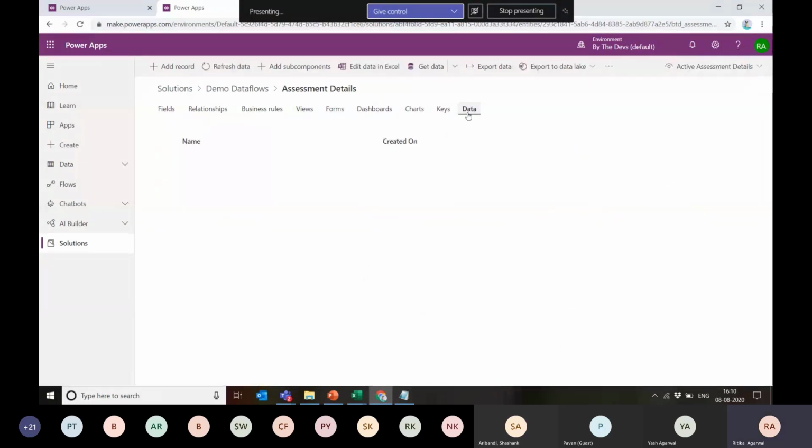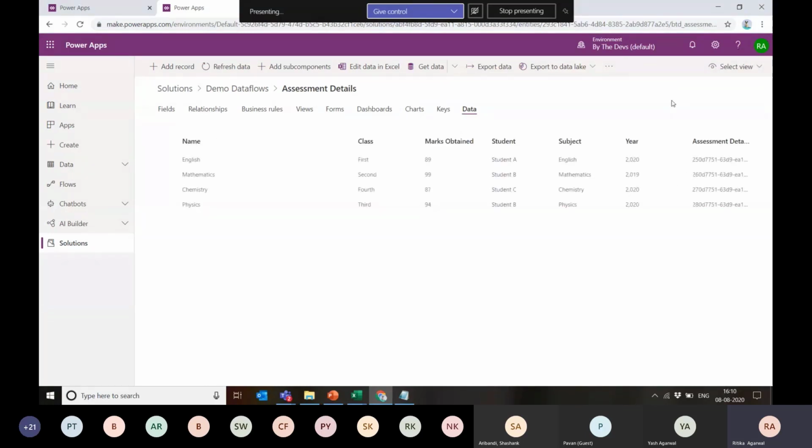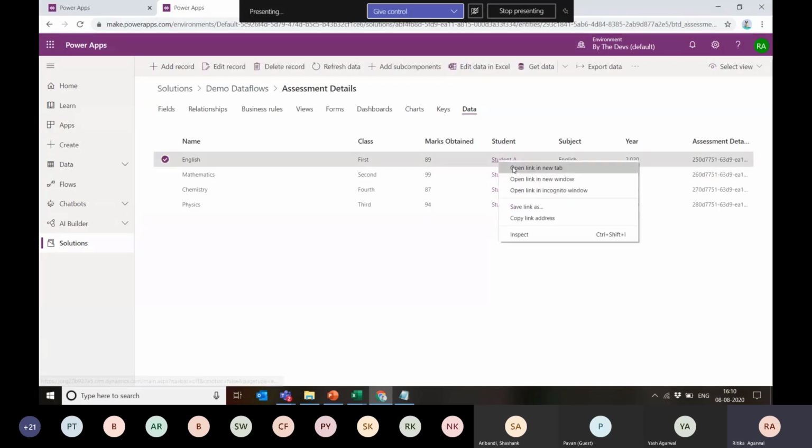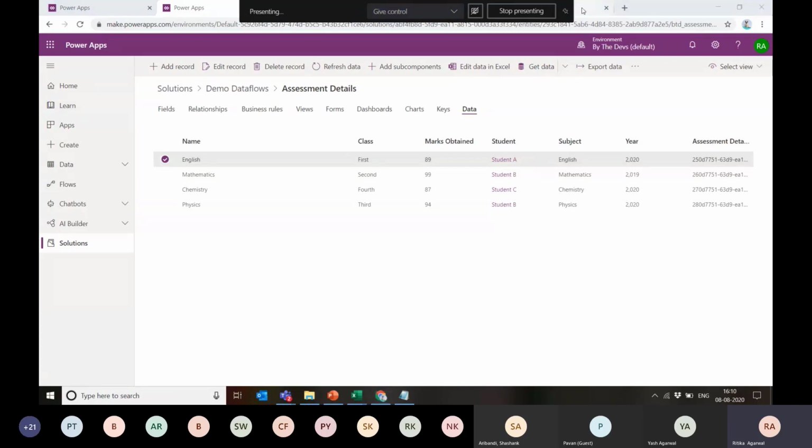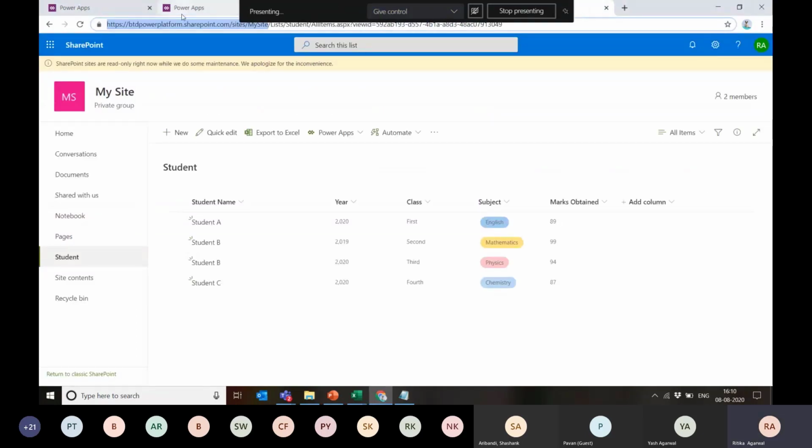And if I go back to data here, since we passed the subject value column in the name column while configuring our data flow, here I am seeing these subjects inside the name column. But if I switch back to custom fields, I can see what all fields are there and what data is being copied for each of those. And in here, I can see that the subject is now linked to my option set. So it has selected which subject we were targeting for, and for these students it has linked it for a lookup field. If I open this tab here,